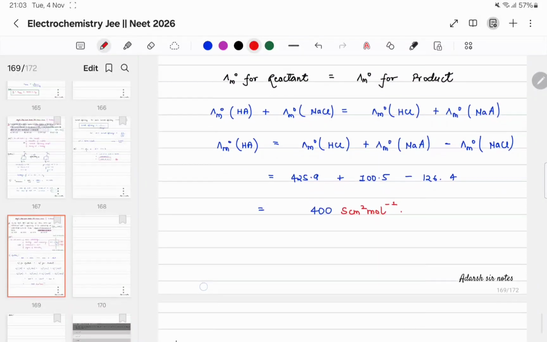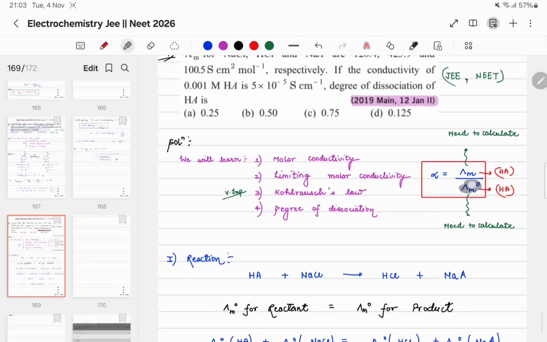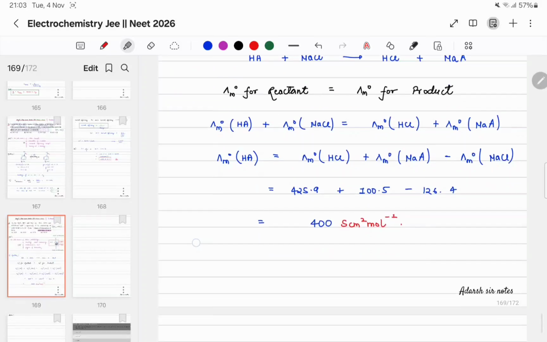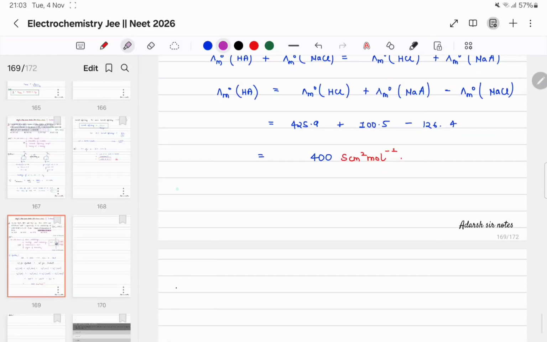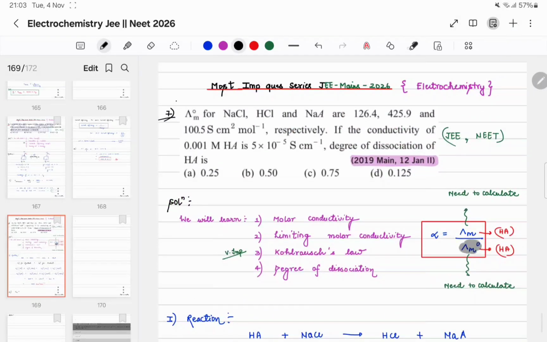So after doing this, one part we already calculated, you can check it. This part we have calculated successfully, λ° has been calculated. What is our left part? λm for HA. So let's check how we can calculate λm. Second, we have to calculate λm. Now one thing you need to notice, if you see your question properly, you can think